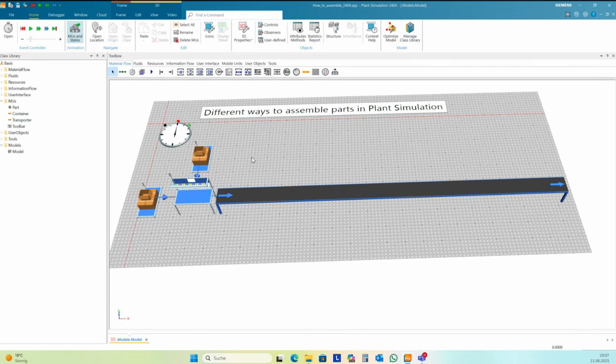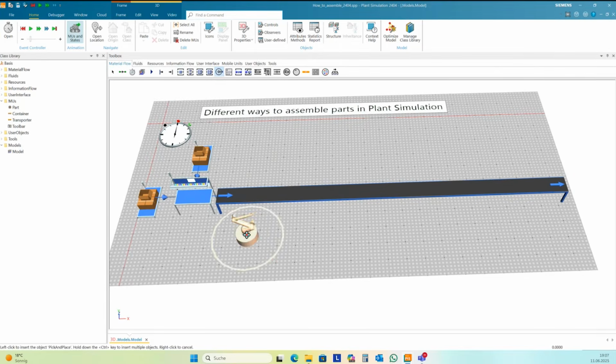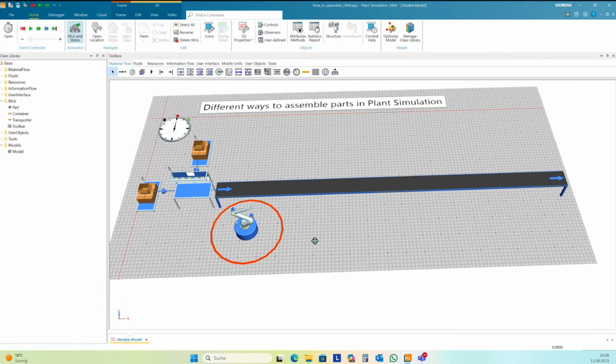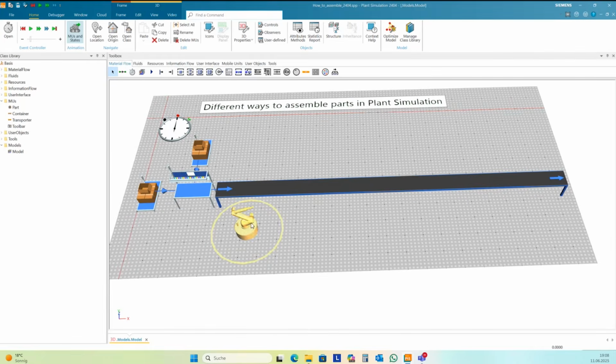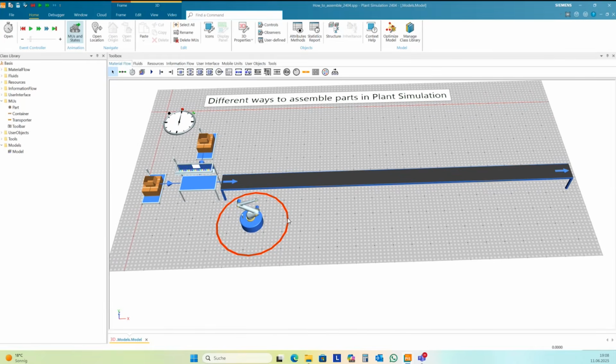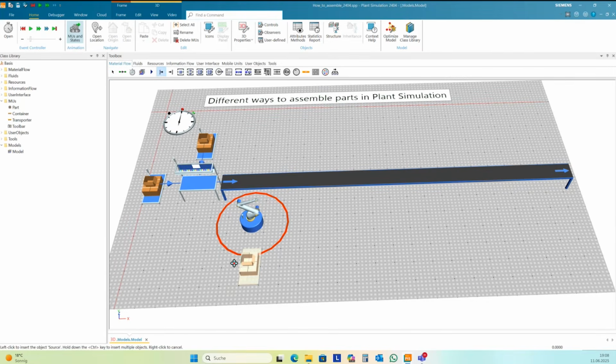Another object that is already set up for assembly is the pick and place robot. We need a pick and place robot, and we need a source for a part. And the pick and place robot should assemble one additional part to this pallet.